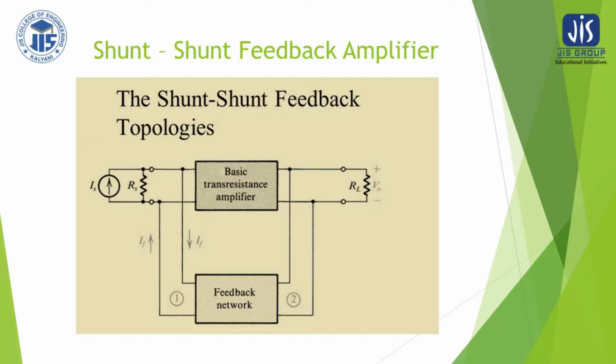So therefore here, if I write a KCL at this point, you see there is a branch current, feedback current and the input current. So therefore I suffix i and I suffix a, their summation must be equal to 0. So this gives you I suffix i is equal to minus beta V0, that is minus beta into V0, where V0 is nothing but Rm into I input. Or better you write this, it is equal to beta V0 up to this.